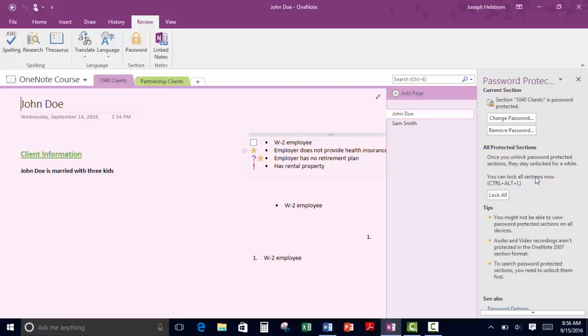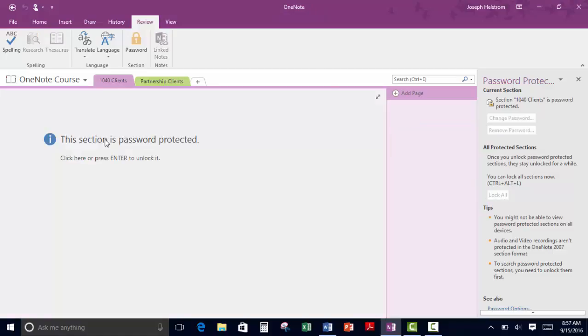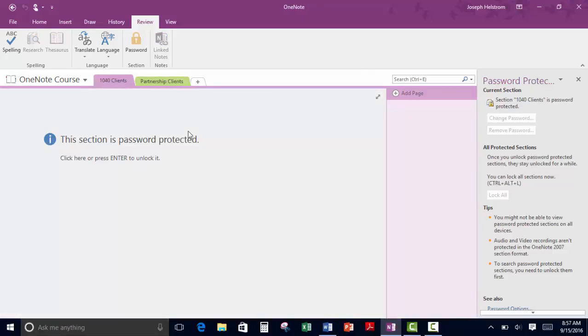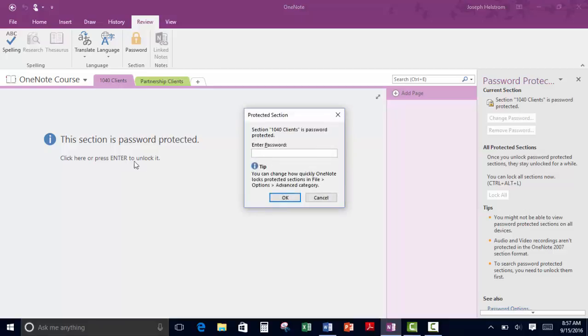We're now password protected, but in order to engage password protection, you have got to click the Lock All button. So we're going to click Lock All, and now the section is password protected. So we can view the Partnership Client section, but we cannot view the password protected 1040 client section. We have to either press Enter or click here to unlock it. We will click here. I'm going to enter the password, which is OneNote,